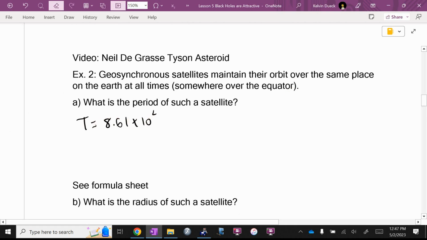8.61 times 10 to the fourth. Is that right? I'm going from memory. Yeah. If you go 24 times 60 times 60, you'll get 8.64 times 10 to the fourth seconds. That is how long it takes the Earth to rotate and pick up the sun again. That's a solar day, but the Earth spins on its axis in less time than that. So,